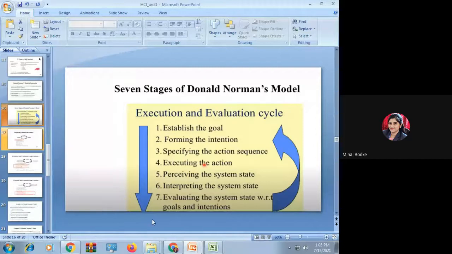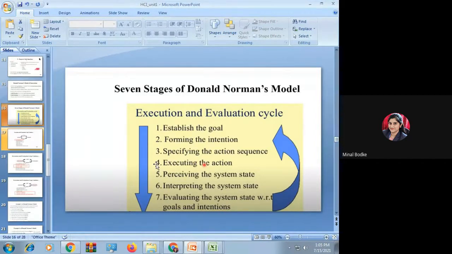So what is the first step here? Establish the goal. Second is forming the intention, then specifying the action sequence. Once the actions you have decided, then you are going to execute the action. Fifth, you're going to perceive the state. Now these first four steps are observation steps.